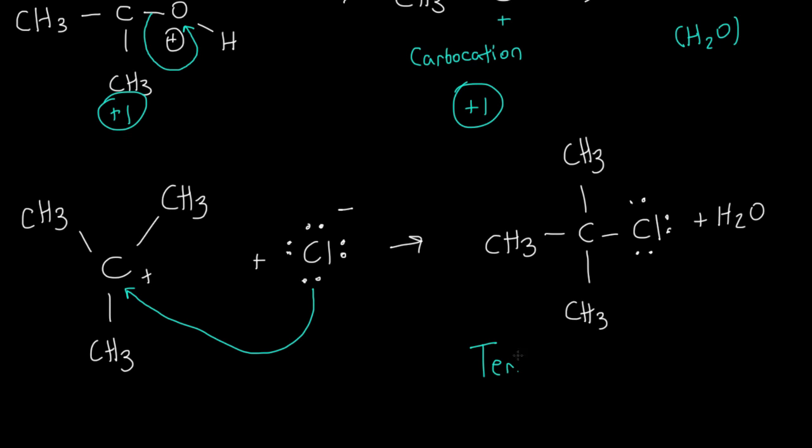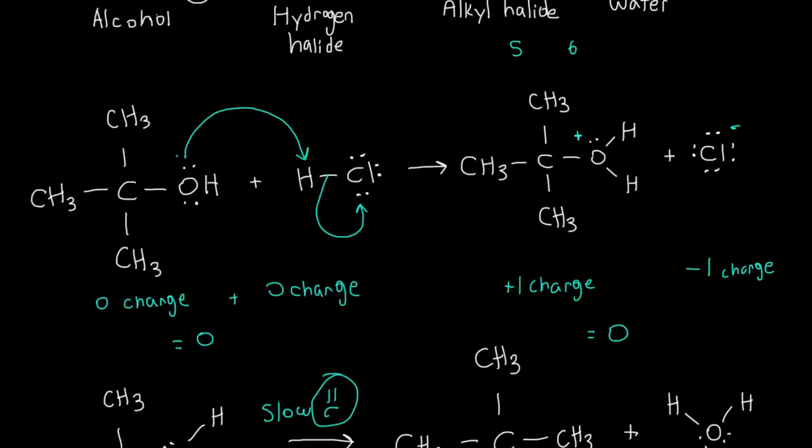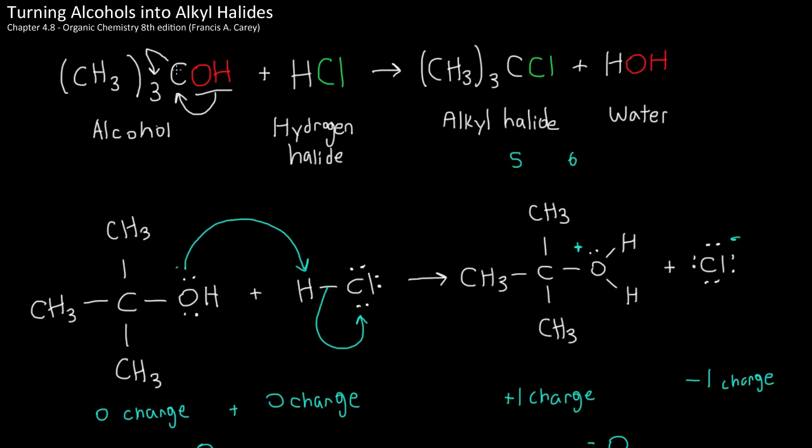tertiary alkyl halide. And our little byproduct, which is water. But you're never going to do this to get water. You're going to do it to get the tertiary alkyl halide, and that's when we start off with an alcohol. So if ever you get a question that involves an alcohol and a hydrogen halide, you're really going to want to form the alkyl halide in the end by just simply reversing the OH with your Cl or